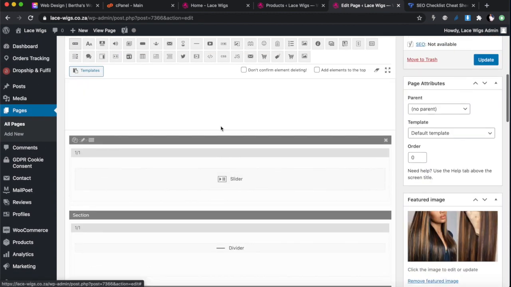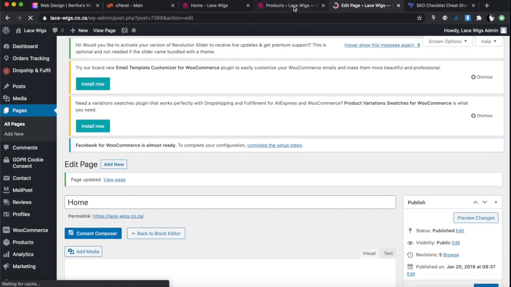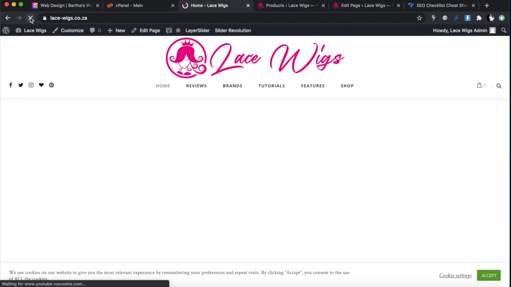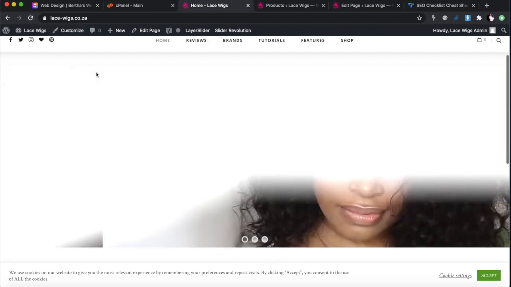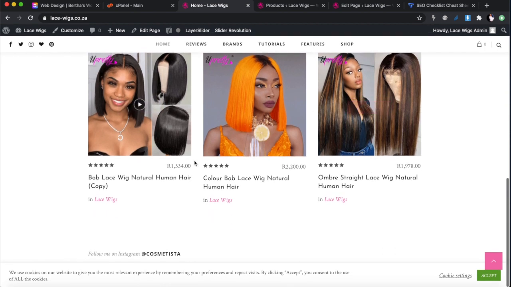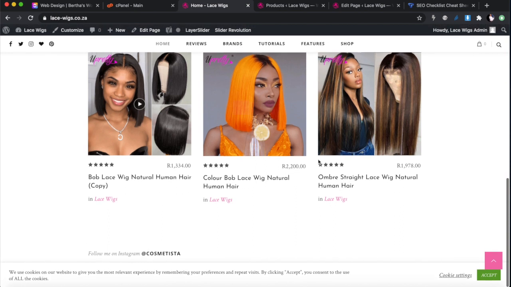All right, so after you've done that, I'm just going to click update, because I just want to show you quickly the page that we're going to do and what it looks like after we're done. Let's go to the actual website itself and refresh this page. Once we've refreshed it, we'll see our video and our products, right? Remember I asked for a column of 3, and you can see that there. Maybe 4 might look better. And as you add more products, because I've limited it to 6, all 6 will show here.